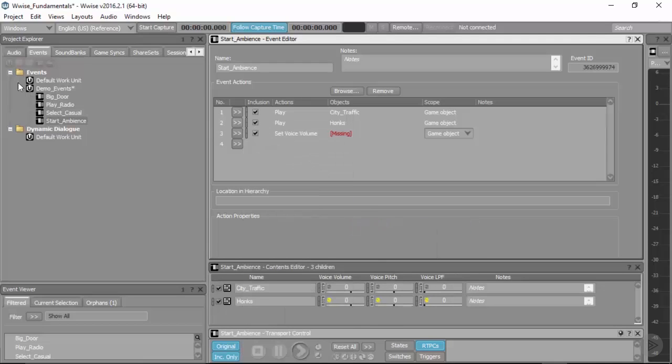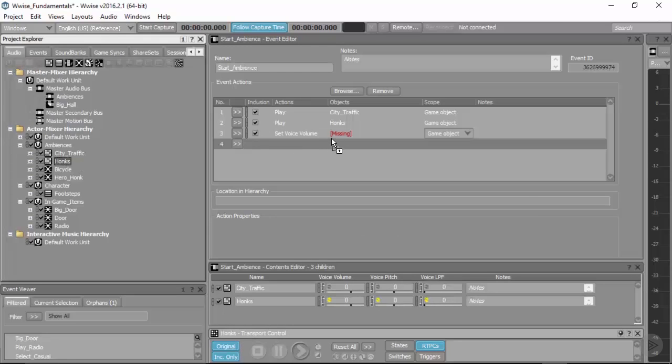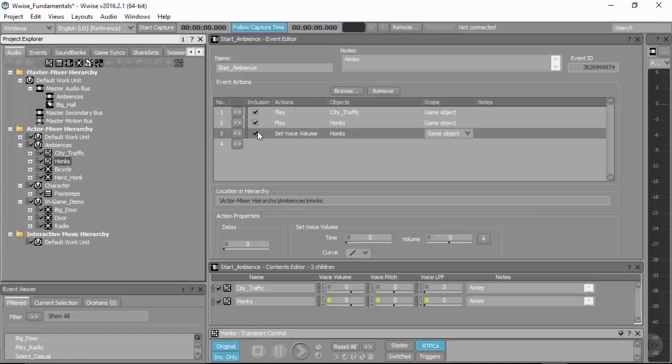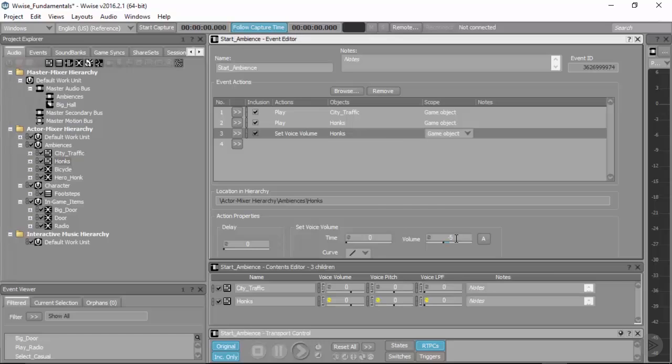Set voice volume. Just for kicks, we'll use the honks for this. So now we have this event, set voice volume. We did notice when we played that the volume of the honks was a little loud. So let's set the voice volume to -5. Now, let's say I don't know what the voice volume of this is offhand. I want this to be -5 of the relative value. So whatever honks is set at, let's say honks is set at -10, I want this to be set at -5, the relative value. That means it would now be at -15.